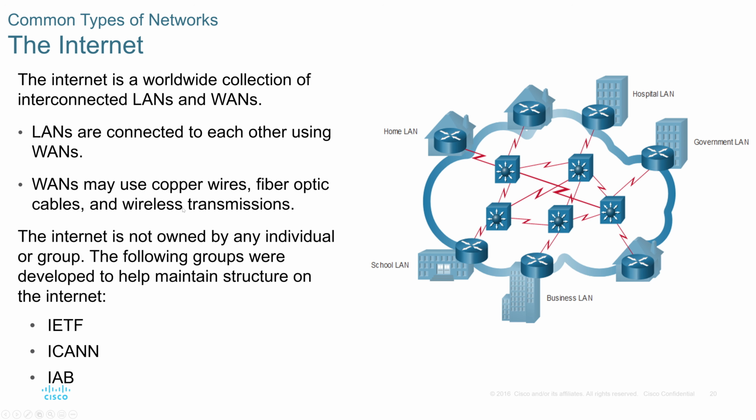So if you're accessing the internet, if you're watching this video, you may have a fiber optics high-speed internet connection, but at some point on your network, it may be using all the types of communication mediums: copper wires, fiber optic cables, and wireless transmission. You may be using copper wires to access this video, but your service provider or internet company may be using fiber optics to transmit your request and data back and forth between you and their data